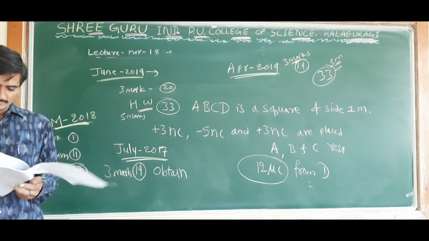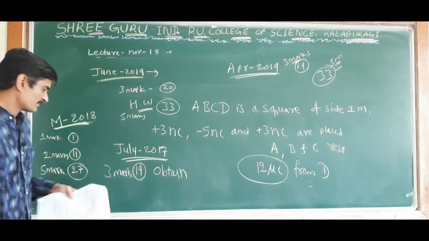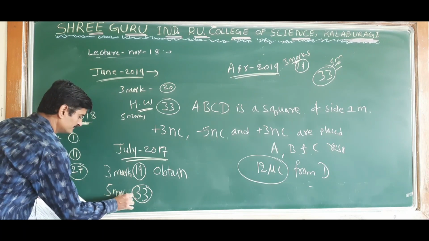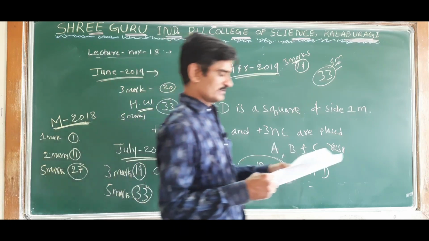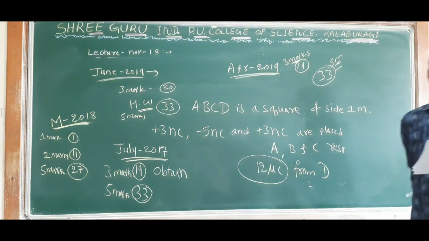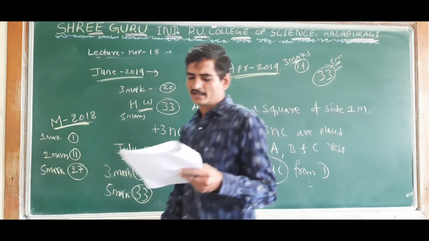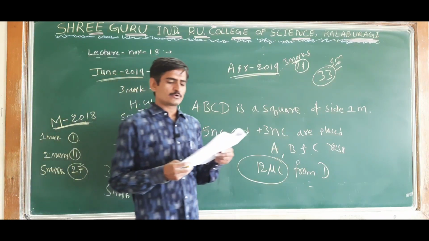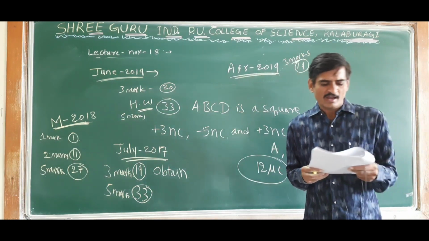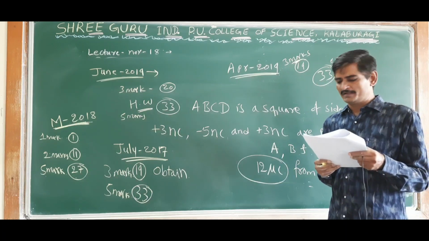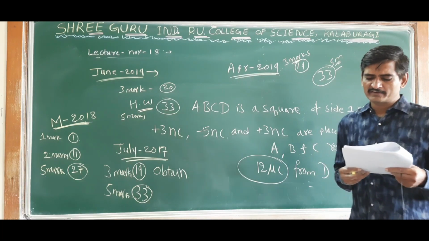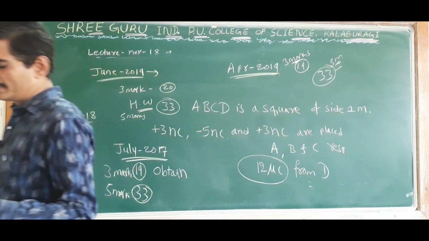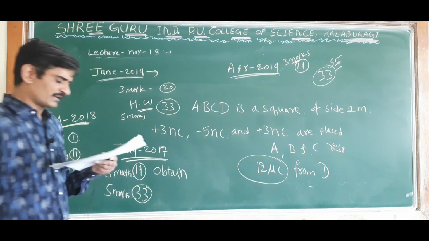In the same question paper, question number 33, 5 marks numerical. I will just read, we have already solved this one. In a parallel plate capacitor with air between the plates, each plate has an area 8 into 10 to the power minus 3 meter square and the distance between the plates is 2 millimeter. Calculate the capacitance of the capacitor.